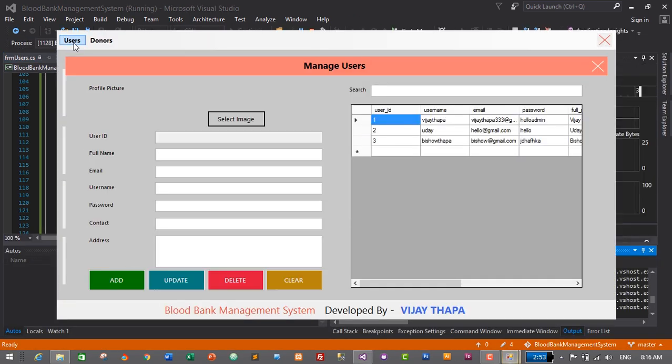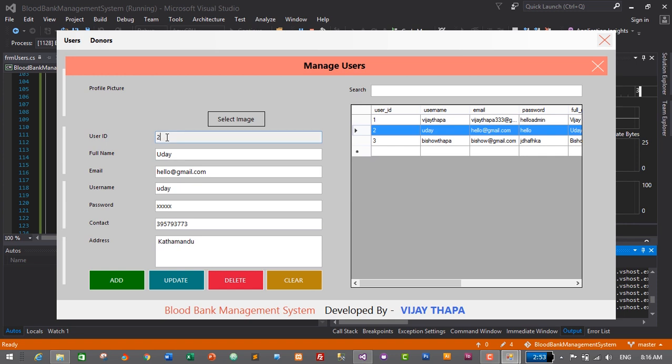and users, and to update the user we need to select the user. So this is user 2, and this is not changeable because user ID will remain constant, it won't be changed. And let's add here detail, let's make some changes. Hello Uday and Uday Ali, and let's add something as well, and let's add the contact 999 and Kathmandu, Nepal. And let's click on button update here. So I'll just click on update button,